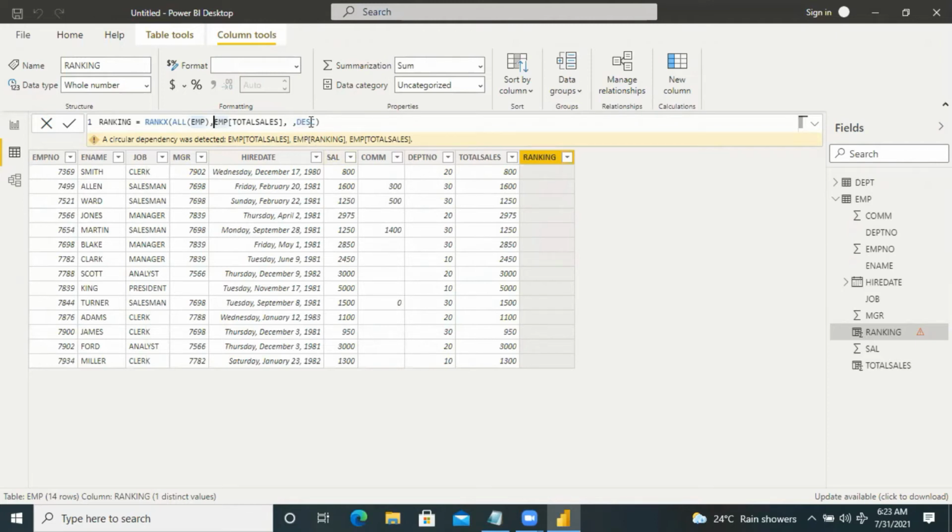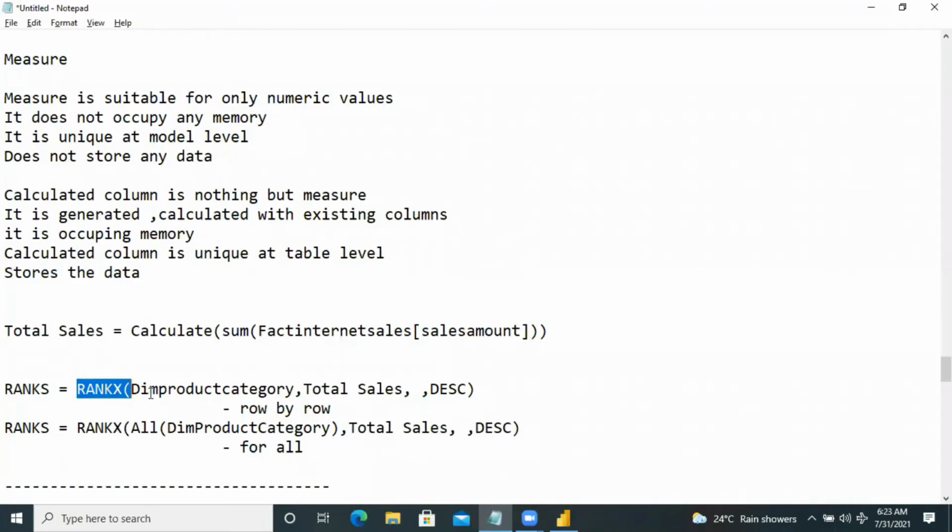Then descending order. The circular dependency was detected on the EMP total sales. So you can try this rank function on your own.